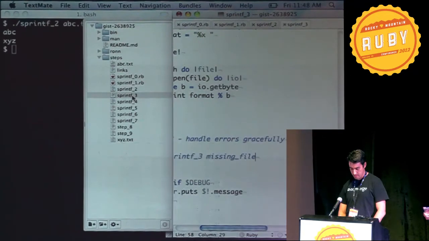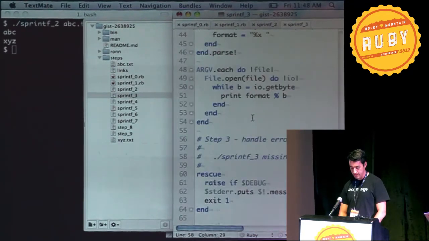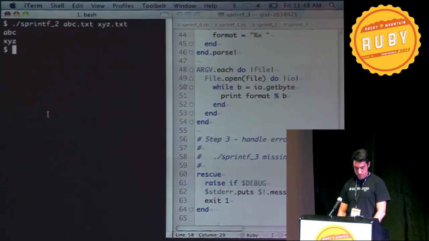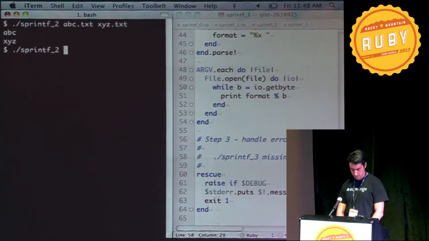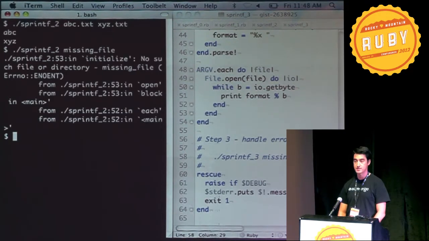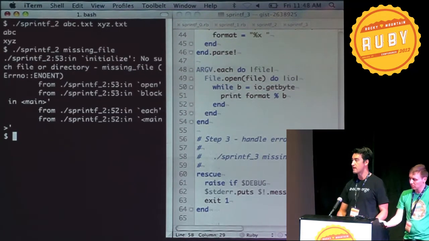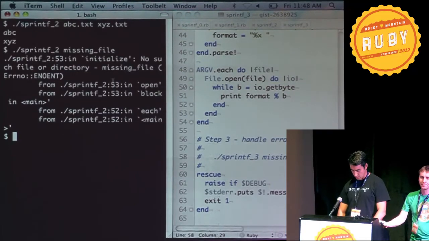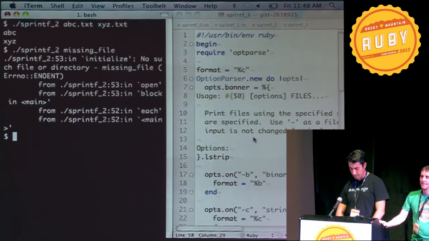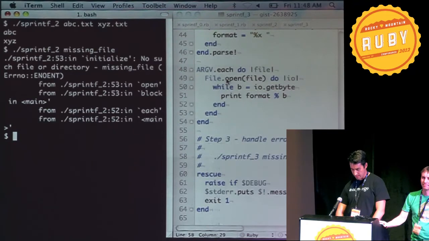So the next step is to start handling errors gracefully. Because if I were to do printf2 and put in a missing file, then I get a big stack trace, and I'm now revealing all of my contents. And so instead of that, I'm going to add a begin at the top. At the end, I'm going to add rescue, and now I'm going to just print out the error message and exit 1 unless I'm debugging. And for that,